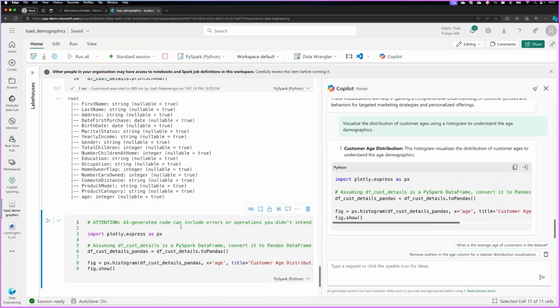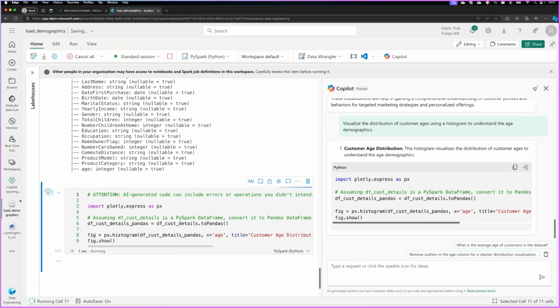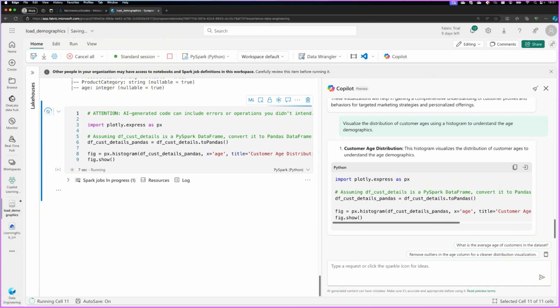And it goes ahead and inserts the code. We can run. Right, so this will take a few seconds. And as we wait for this to run, I think it's now time to segue into the data science side and try to build the model to predict the possibility of a customer purchasing a bike, right? So as we're waiting for this to complete running,